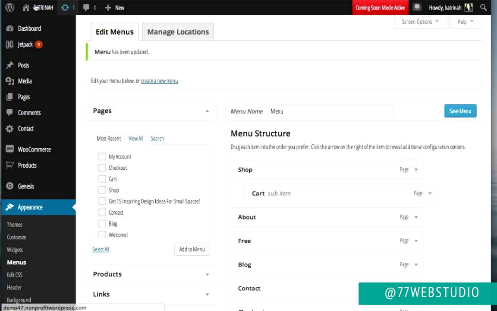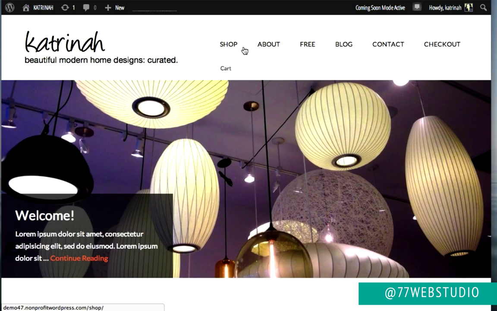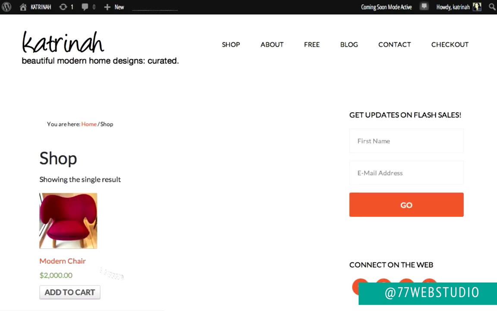Now when I go to the home page by going up to the top and clicking on Visit Site, here we can see the e-commerce pages front and center in our menu navigation. We've got the shop page, the cart sub-menu page, and the checkout over here on the right. When I click on Shop, then we'll see the beginning of our shop page filling out. Right now we've only added one item,